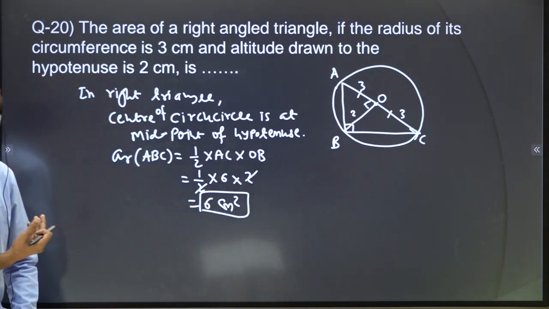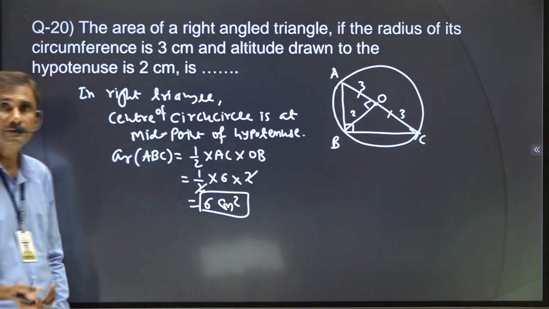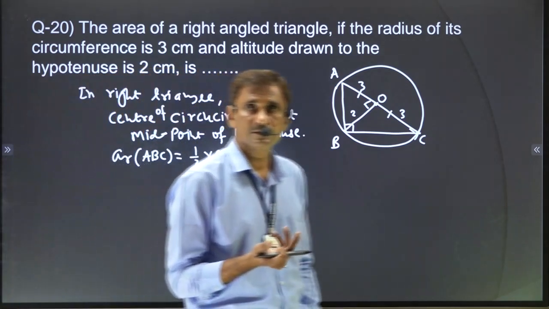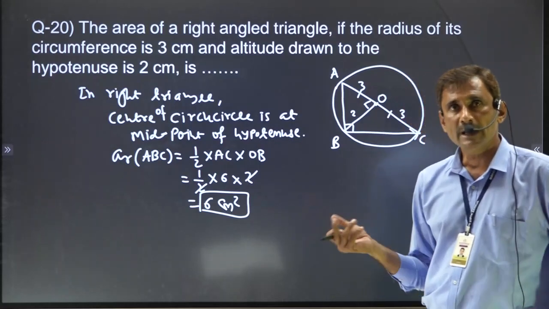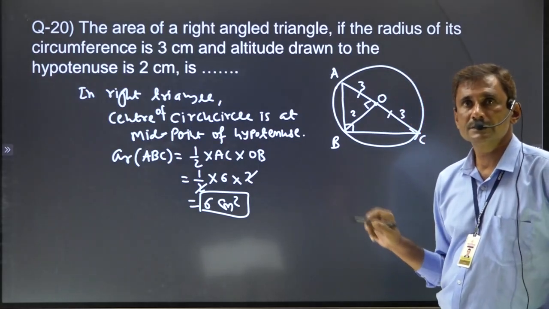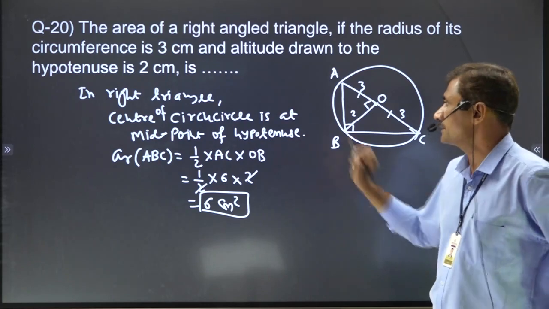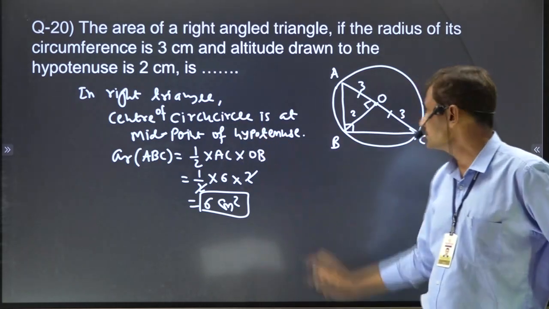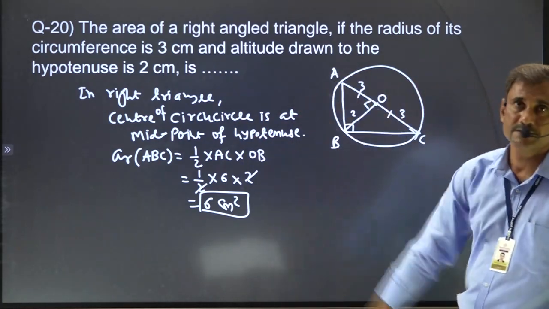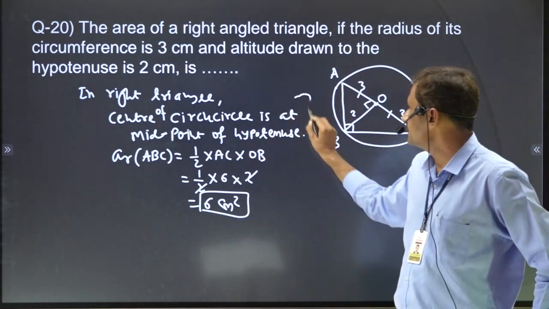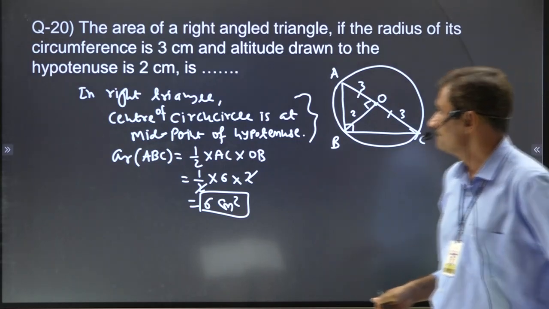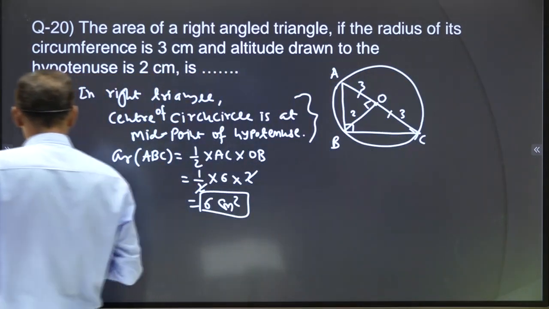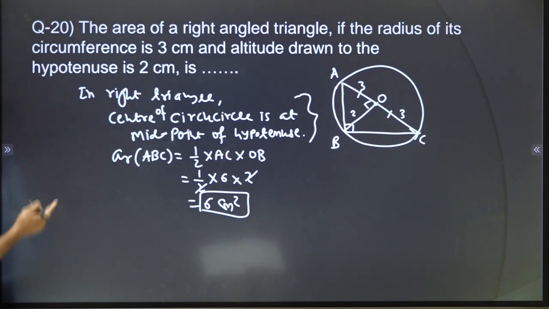So understand well. Otherwise you may be confused, where is the radius and circumference? Circle is not given, only right angle triangle given. So where did they come from? So actually they have used here circumcircle. The word circumcircle should be there, so that it will pass through all three vertices. So note down this statement also here. It is very important, remember it. Okay, so now again take a screenshot, otherwise you will forget it.